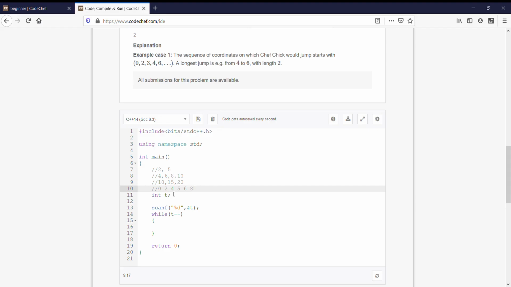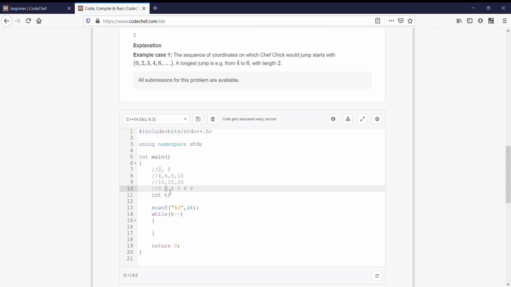So the answer is: the smallest number would be the longest jump that he would make. The smallest number in his favorite list is 2. How? Let us denote the smallest number as x. Now we know that the first jump would be at least x units long as it is the nearest number from 0. So as we see here, 2 is the smallest number and the nearest number from 0. So Jeff would jump at least x units.